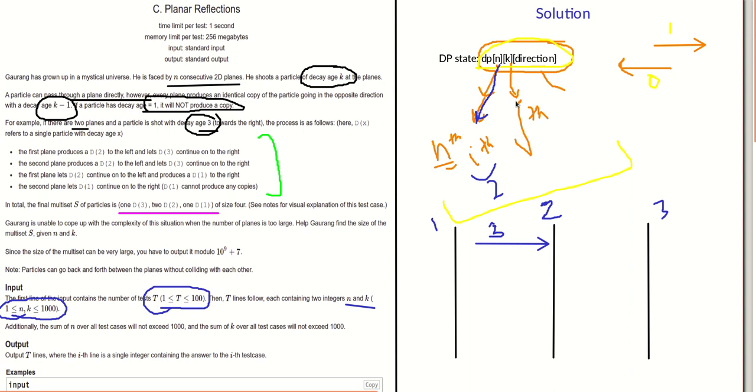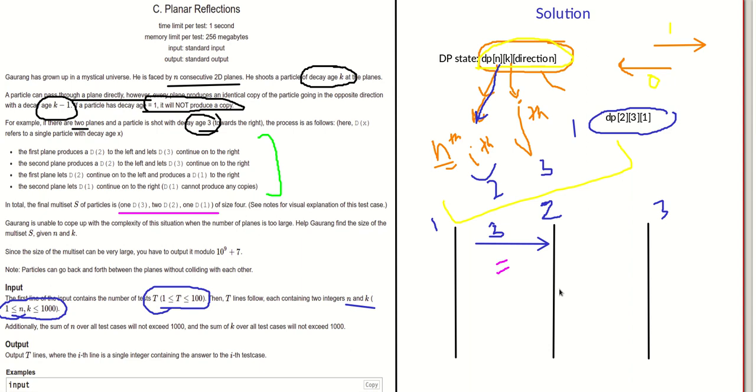My current decay age is 3, and my current direction is right, so it is 1 basically. So my DP right now would be dp[2][3][1]. This will be my current DP state when this is my particle. Now how can we transition, basically how can we calculate the value of this DP state?